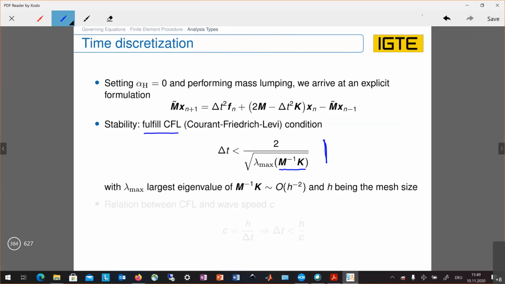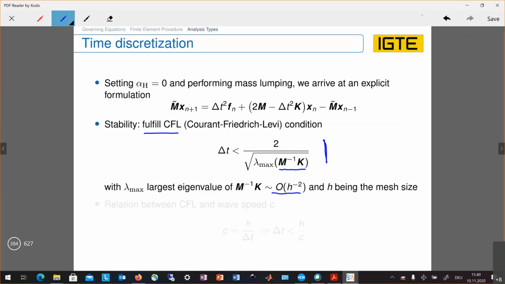This clearly would be too much to really compute. However, what we can find from analysis is that it scales by the order of the grid size to the power of -2, which means the smaller your grid elements are, the larger the eigenvalues, and the smaller delta t